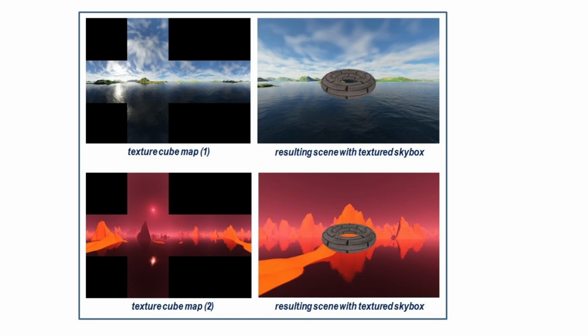But one of the things you'll notice about it is that no matter what environment we put the donut in, or the torus in at this point, the torus itself is unaffected. It's just like, boom, it's there. It's lit according to the ADS model, perhaps, if there's a light source. But it really doesn't reflect, literally. It's not affected by that texture, other than it being in the scene. It's still a really cool effect, and certainly a lot of video games and a lot of things were done with this in mind, back in the day before we could do all kinds of fancy stuff. So it is still really cool, really effective.